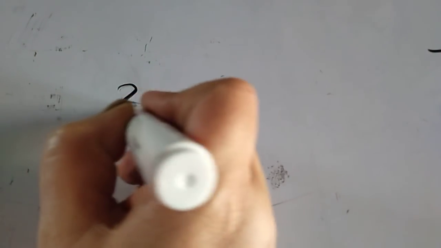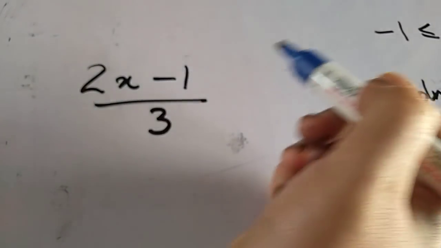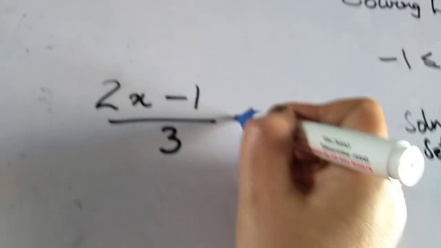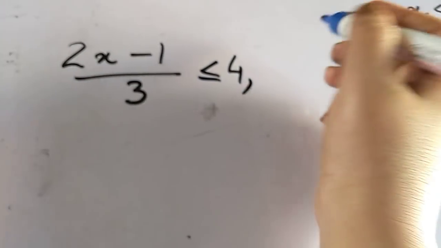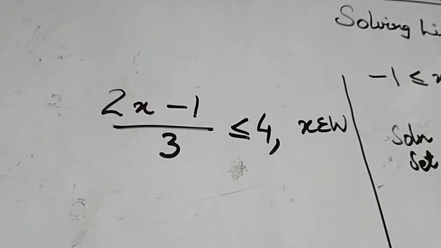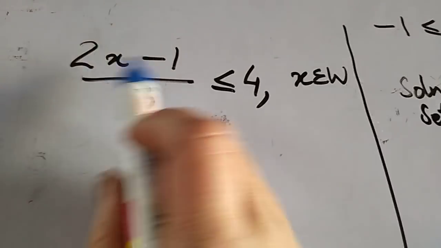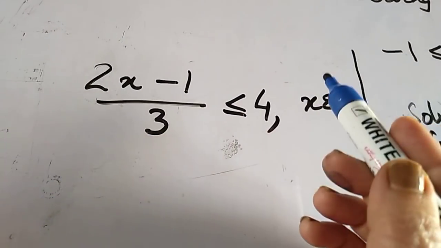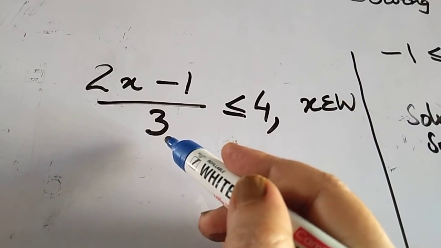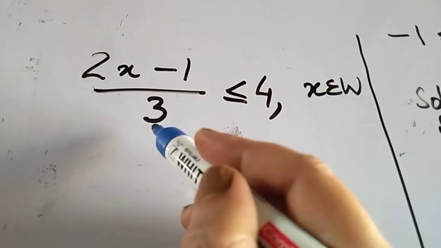Now let us take another example of how to solve. I am showing some examples so that you understand. (2x minus 1) upon 3 is less than or equal to 4. This is the inequality, and they ask you to solve it. How will you solve this inequality? Children, you know what the first step is that you have been doing in equations. You will remove this 3. And how will you remove this 3? By multiplying both sides by 3.